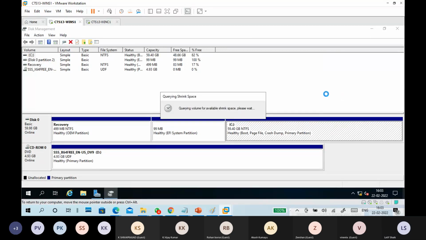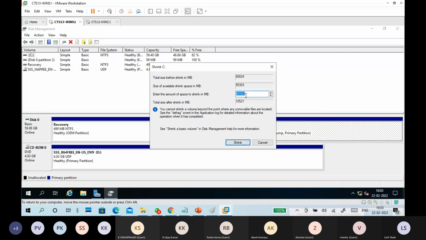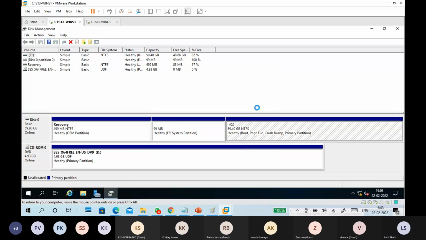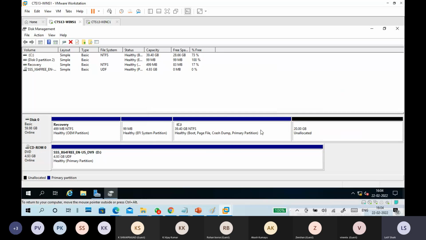Shrink volume. I took some 20 GB shrink. I just want to separate it separately, I want to create it. That's why I put 20 GB.